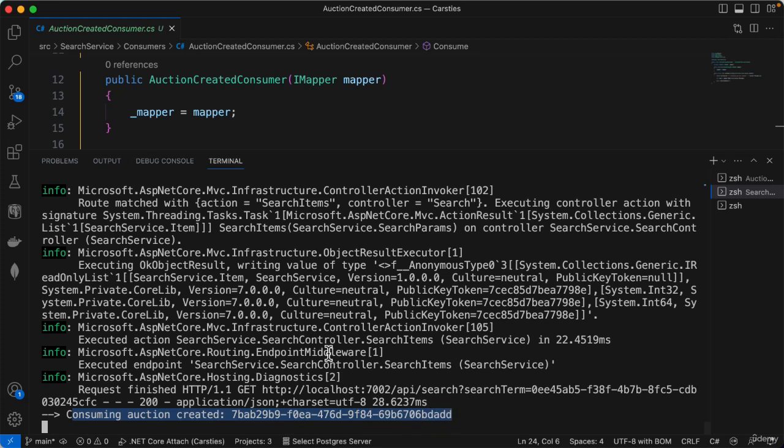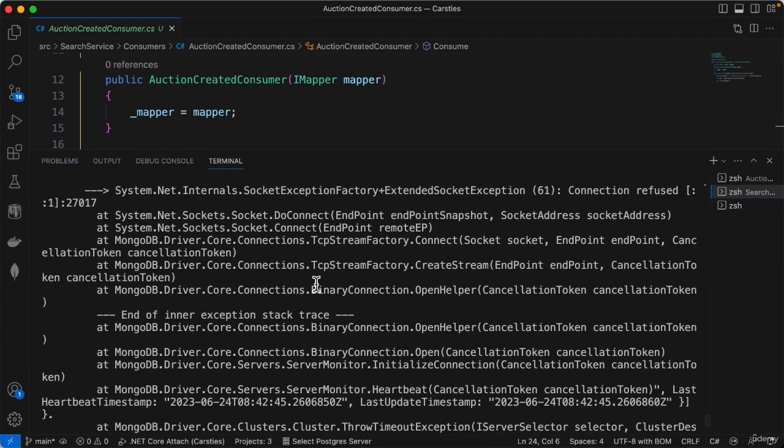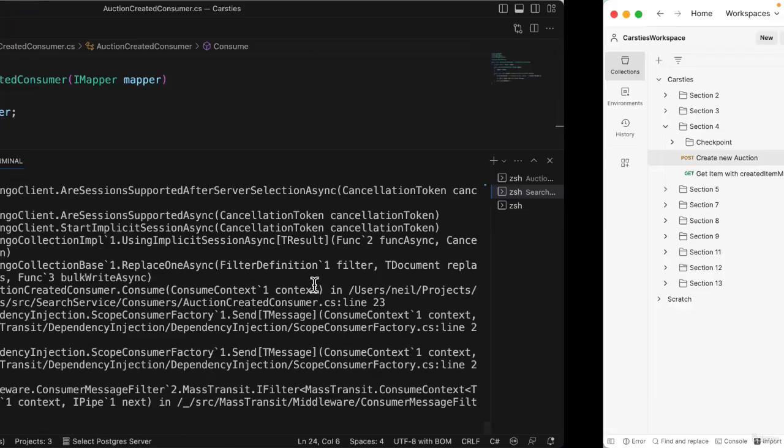But this should time out, and it probably will take about 30 seconds in total for this to give up and throw the exception. So I'll just pause the video. It's probably going to take a few more seconds for that to come up. And sure enough, here we go. We see the exception to tell us that the database is down. Now, if I start the database